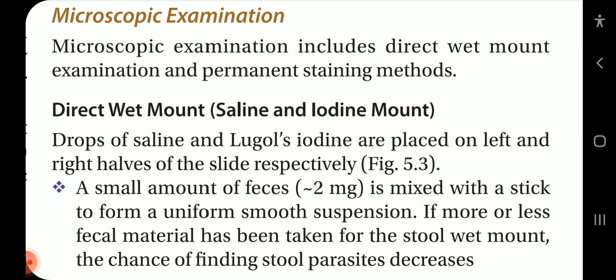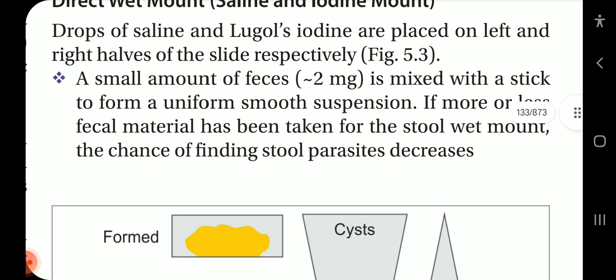Microscopic examination includes direct wet mount examination and permanent staining methods. Direct wet mount: saline and iodine mount. Drops of saline and Lugol's iodine are placed on the left and right halves of the slide respectively. A small amount of feces, approximately 2 mg, is mixed with a stick to form a uniform smooth suspension. If more or less fecal matter has been taken for the stool wet mount, the chance of finding stool parasites